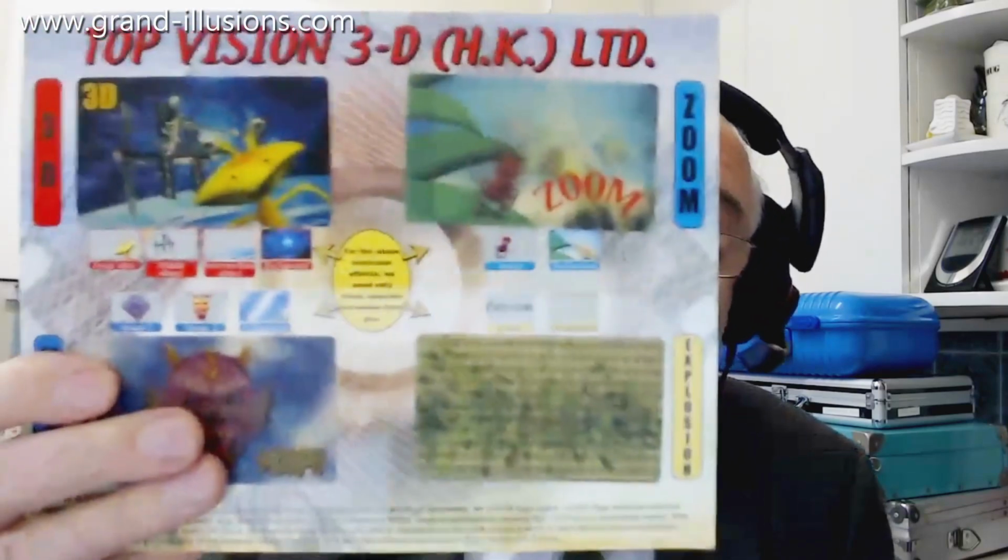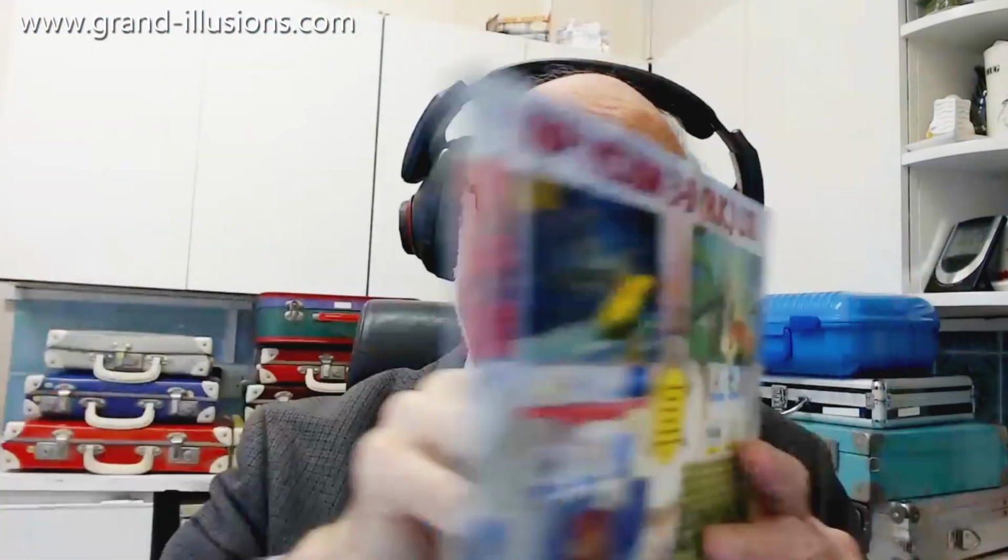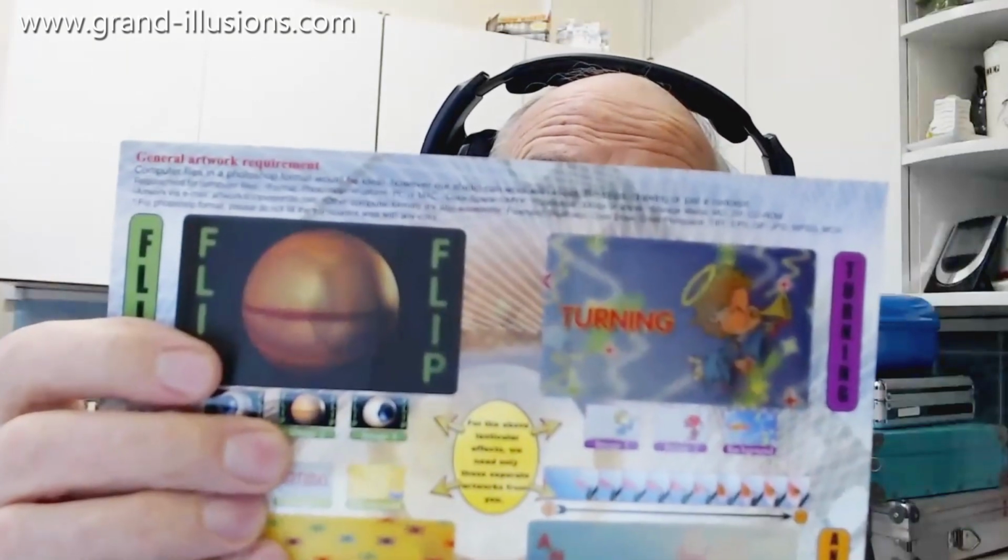I visited a Hong Kong gift fair about 20 years ago and came across a company called Top Visions 3D Hong Kong Limited, who make lots and lots of lenticulars. What's nice about it is their catalogue consisting of a single sheet like that, but each side has got 4 of their particular effects and another 4 there. And when I affect it, it's not just the same picture, really three-dimensional, it's actually doing some very, very interesting